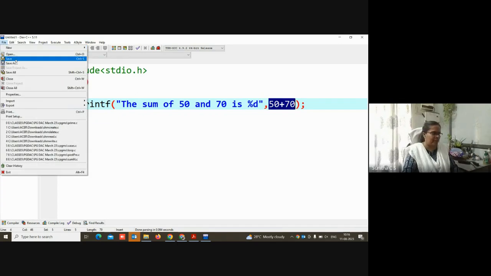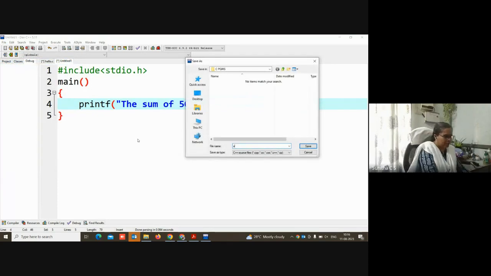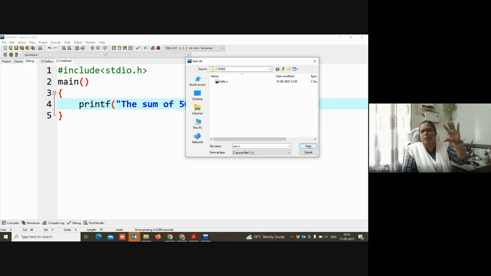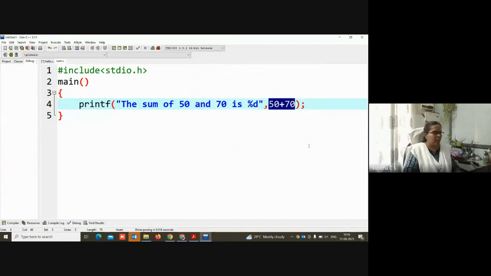For example, while saving this as sum, I want it saved as a C program, not as C++. I can also see my hello.c in the same directory. Always make a habit, whenever you are learning a particular language, to create a new directory and put the files in that directory only. If you are doing the PGDAC course, create a directory known as PGDAC, and for the first module, C programming, create a subdirectory known as C programming and put everything inside. Similarly for DBDA and other courses. So now it's been saved.